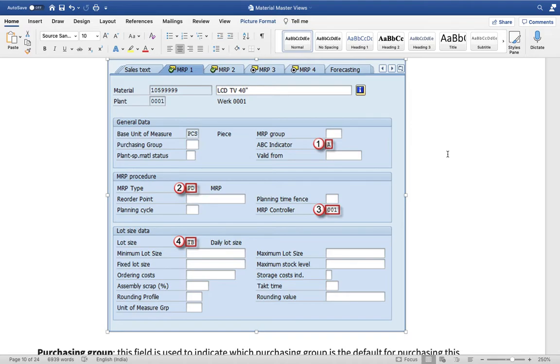One of the challenges in any manufacturing industry is that we have to plan the raw material and other purchase material in such a way that the finished good production continues.